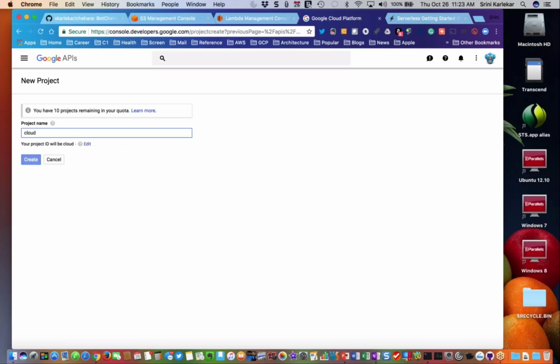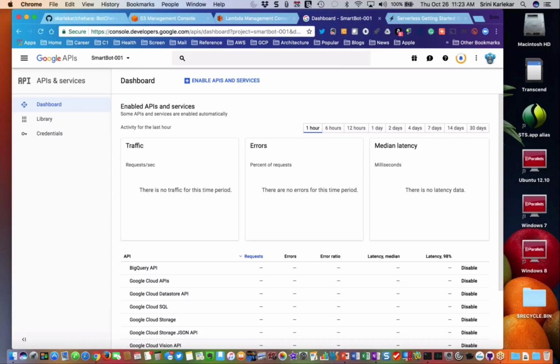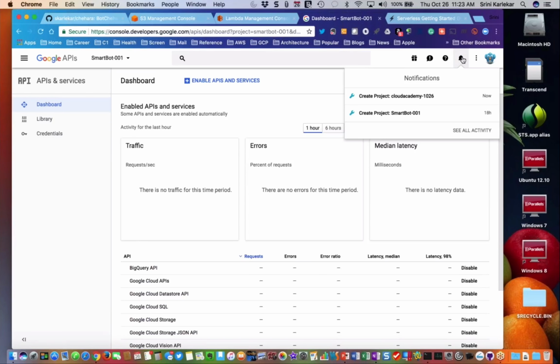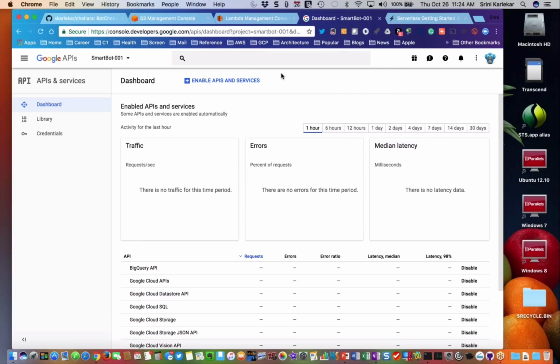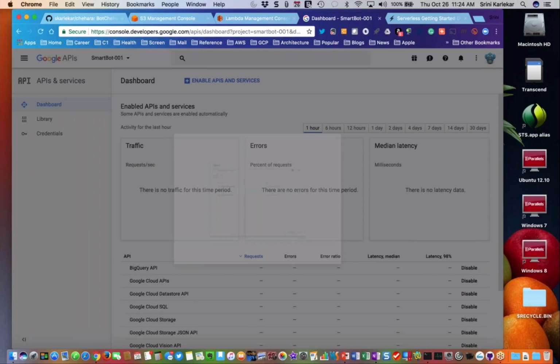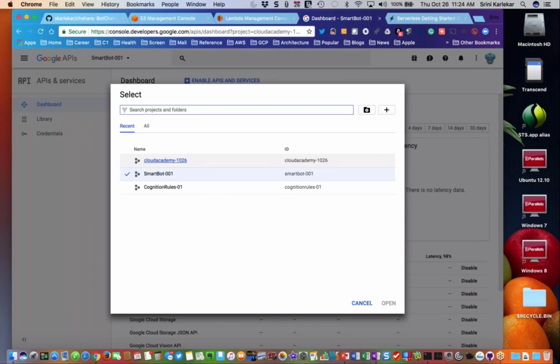I'm going to call it Cloud Academy 1026. So it is working on it, as you can see here. Okay, so the project is available. I'm going to switch to that project